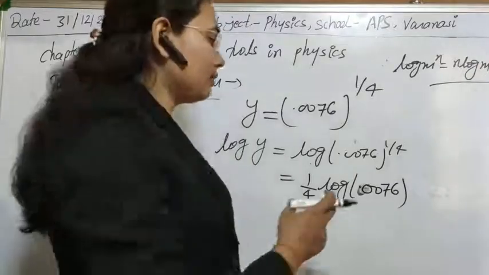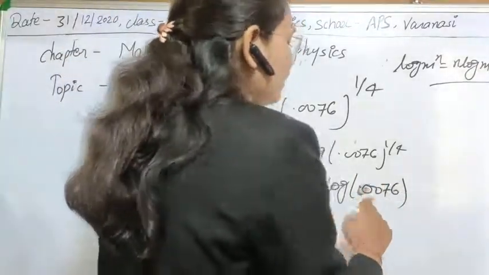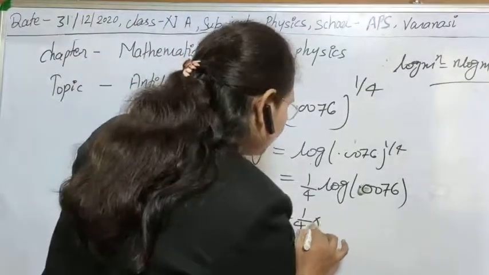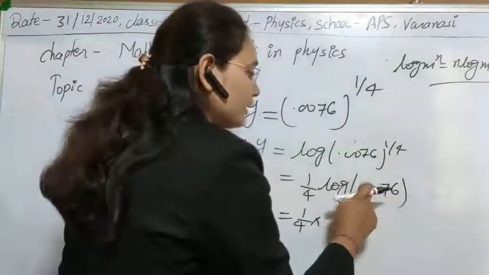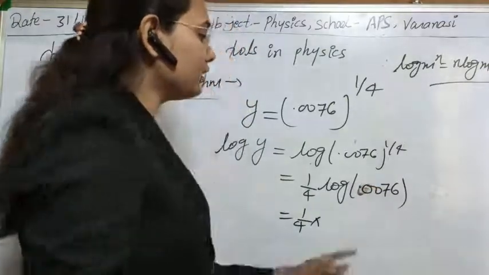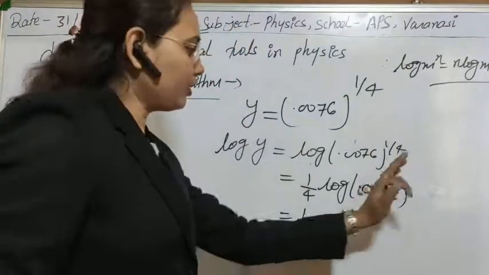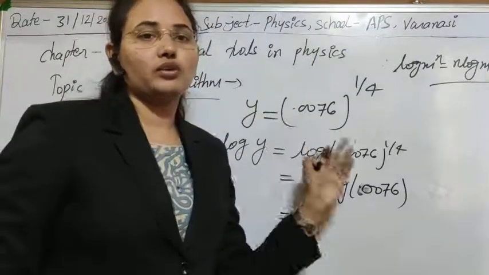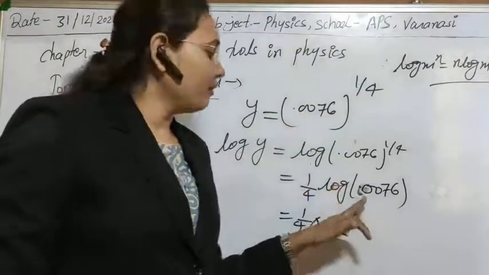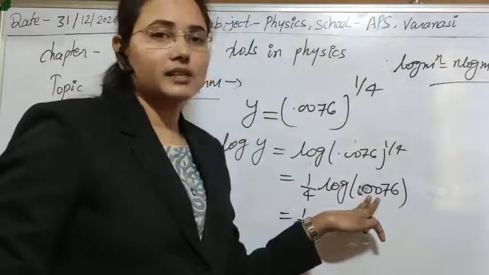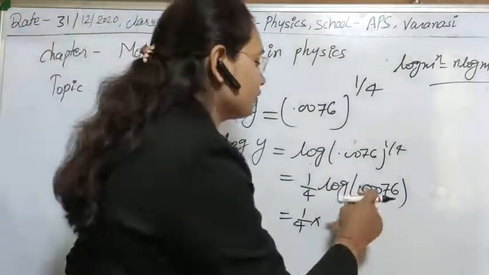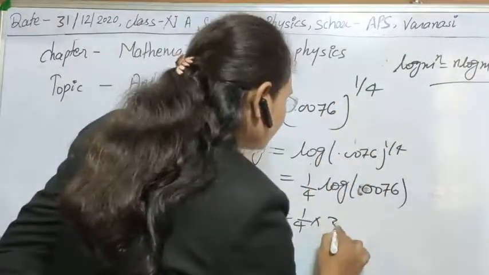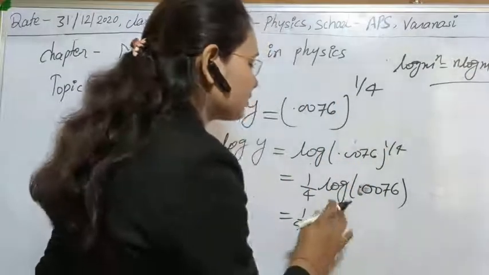So in log, before seeing the log table, first of all let's put the characteristic here. So here 1/4 into what will be the characteristic? For that you have to count these zeros. Here the number of zeros is 2, because here we don't have any non-zero values or values greater than 1 in the integral part. We have only the less than 1 part here. So in the characteristic, this will be 2 plus 1, 3, and 3 bar. I just told you this process here.